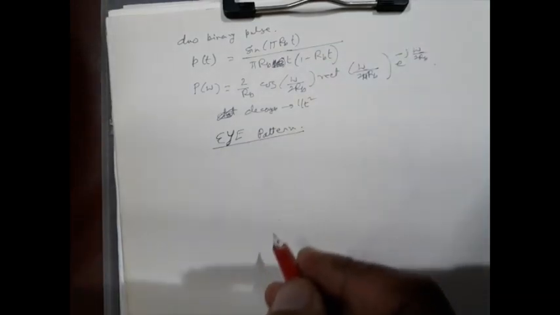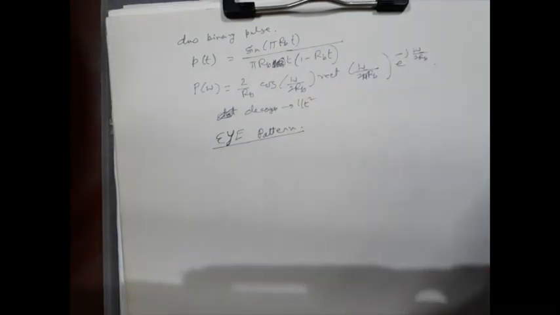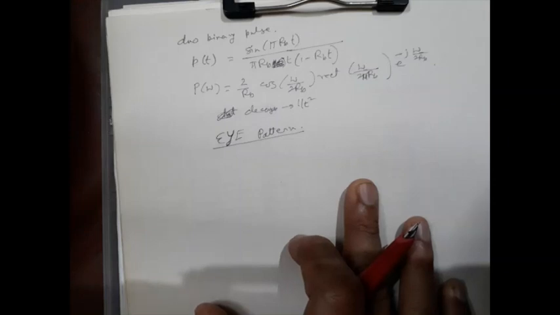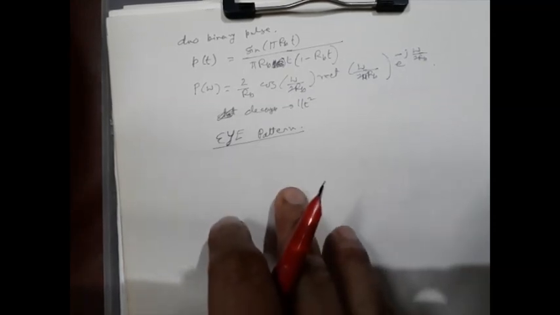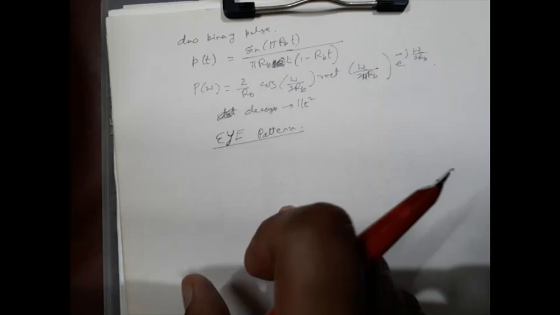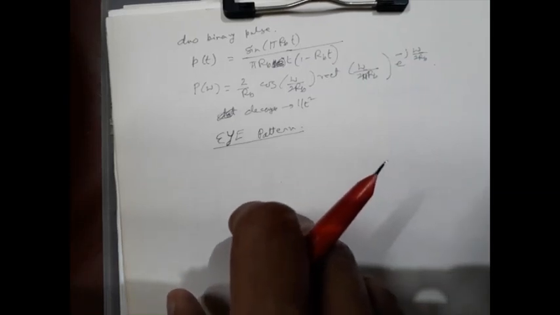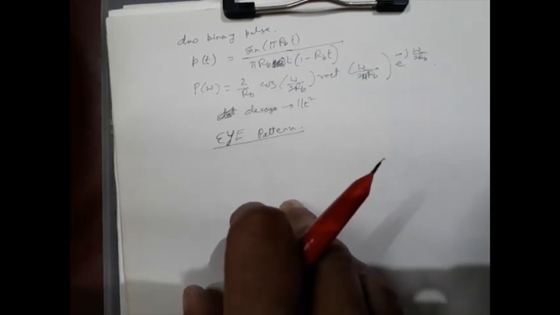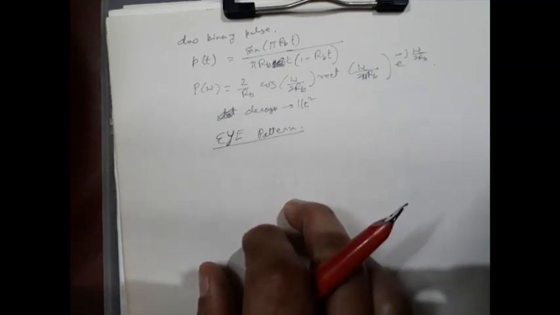Now we consider the eye pattern. The intersymbol interference in data transmission can be studied with the help of a display in the oscilloscope called the eye pattern. The received distorted wave is applied to the vertical deflection plate of an oscilloscope, and the sweep wave at a rate equal to the transmitted symbol rate is applied to the horizontal deflection plates. If TB is the bit duration, then the symbol rate will be 1 by TB. The waveforms in successive symbol intervals are thus translated into one interval on the oscilloscope display.